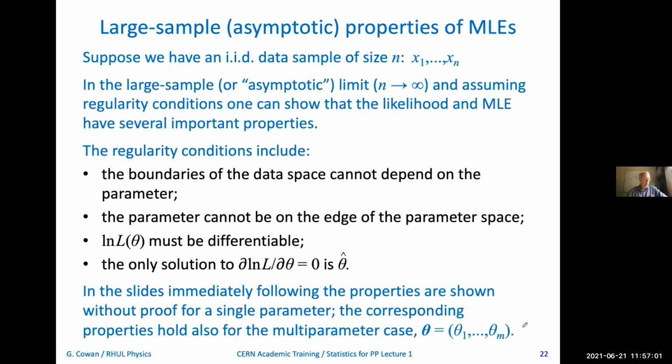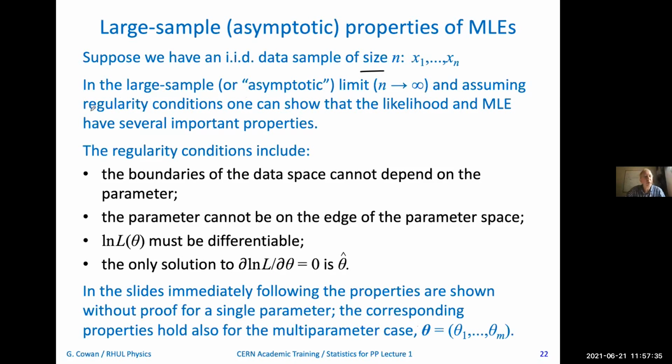Now, I see I'm running low on time, but I hope I have time to just run through some final properties of MLEs in a particular limiting case, namely in the case where the number of observations in the data sample gets very large. So let's suppose that we have an IID data sample with n observations. I'll call that the size of the data sample, right? And in the large sample or asymptotic limit, which is to say when the number of observations becomes very large,